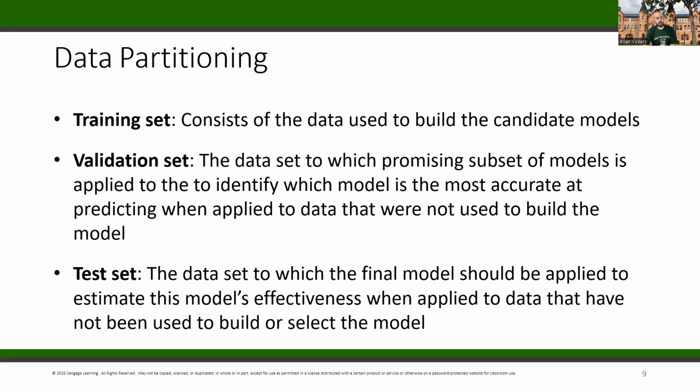The training set is what you use to initially build whatever the possible models are. So you use one set of data and you create a series of models. And then whichever model is the most promising of those, you run it again with a new set of data. That set of data is called the validation set. Now, did you get similar outcomes to that? And maybe you do that to a couple of them, right? So you narrow your candidates down. And once you've run the validation set, whichever seems more accurate, then you use your test set on that